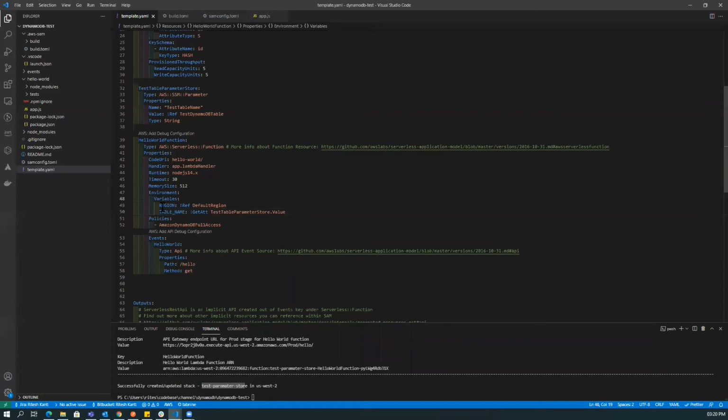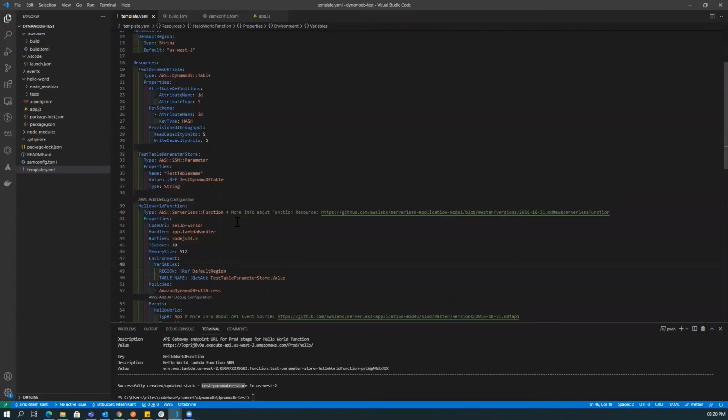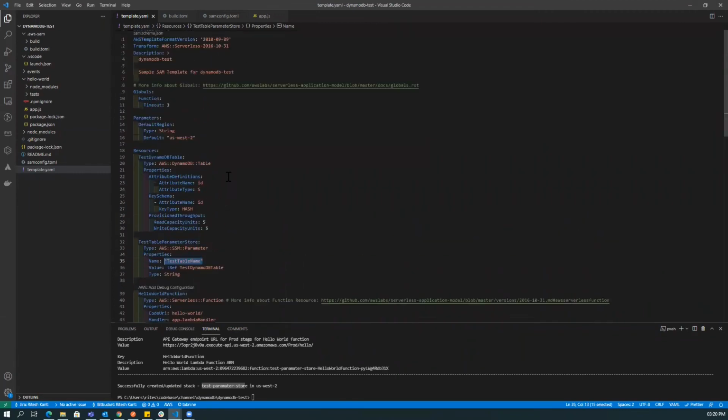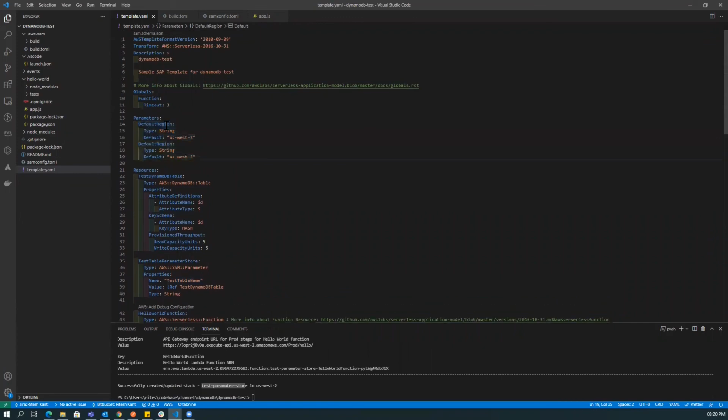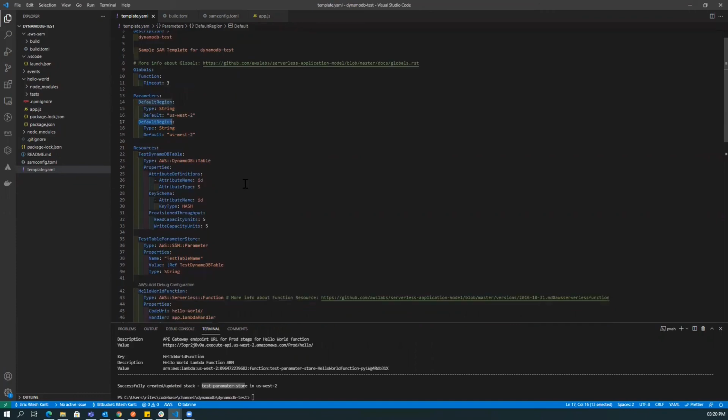Also in the code, I have left one value as hard coded. You can move this value as well. Let's move it quickly. Similar to this, I'll copy and paste it here, and I'll give it the name test table parameter store name, and I will cut the value from here and paste it here.